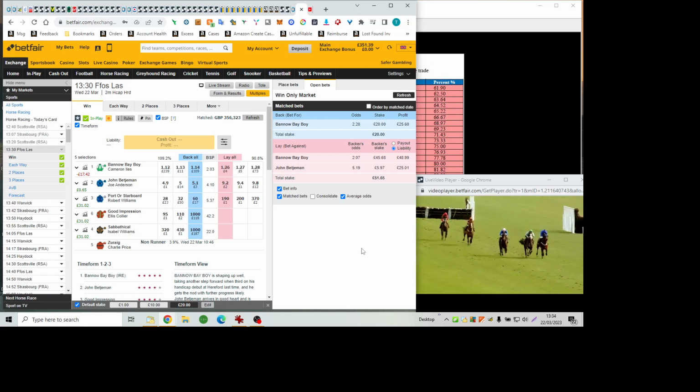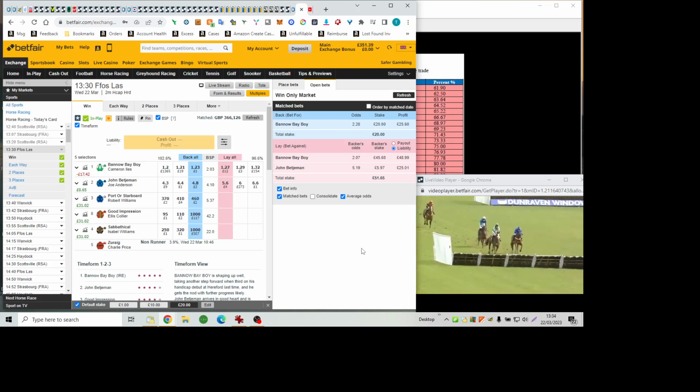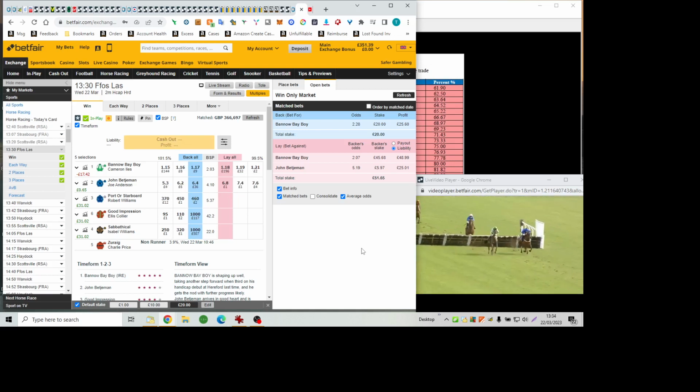John Betjeman on the right being ridden along. Portor Starboard on the left is now a length and a half away in 3rd. Sabbatical drops away 4. Good Impression last of the 5, and it's a straight match up front. It is Banno Bay Boy on the left and John Betjeman on the right. 2 out. Banno Bay Boy landed with a narrow advantage, but John Betjeman is trying very hard as Banno Bay